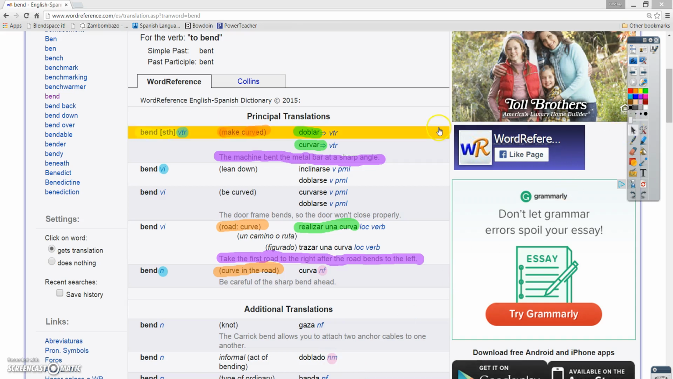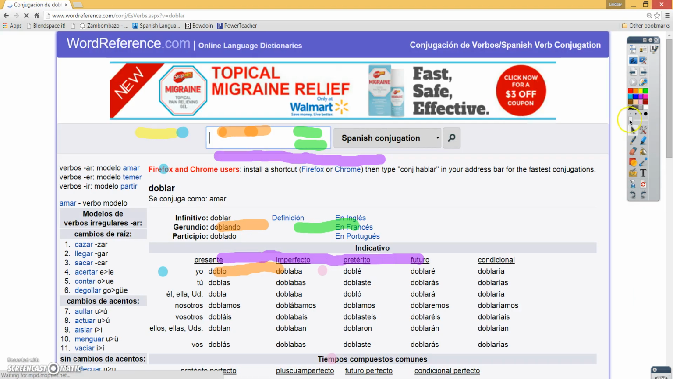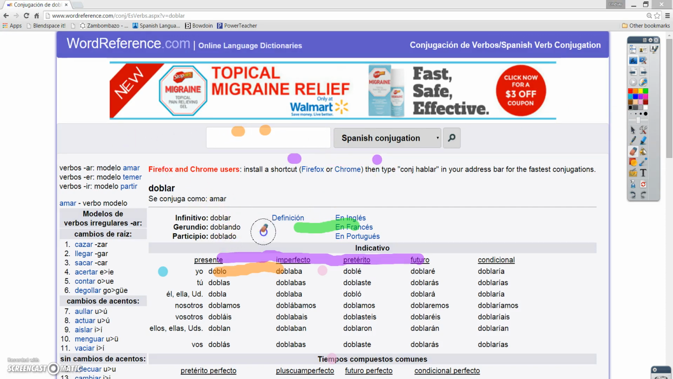Finally, one of the important things about WordReference is if you see this little arrow, it will actually give you the conjugations for verbs. So if you click on the arrow, and I erase all of my markings so that you don't see them anymore, it gives you all of the different conjugations for doblar. It will show you